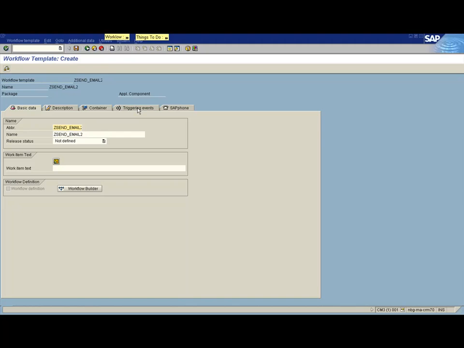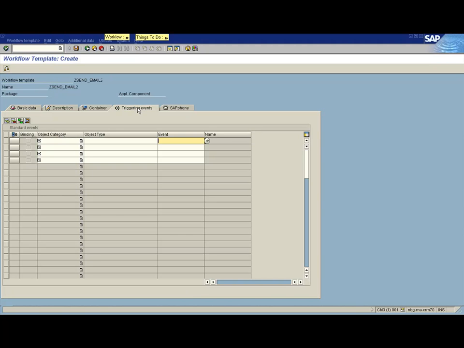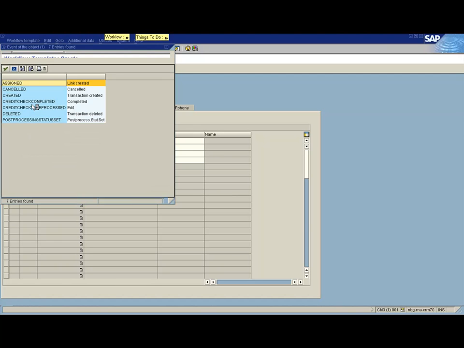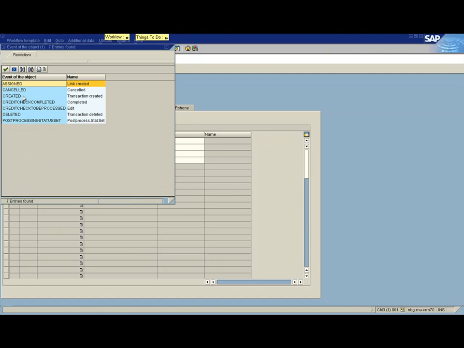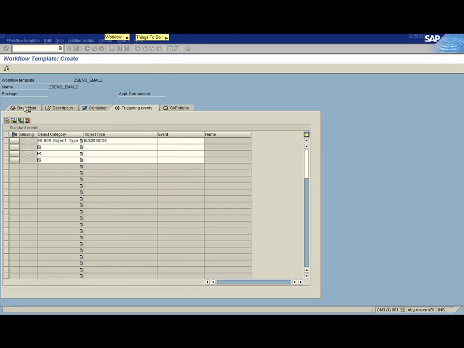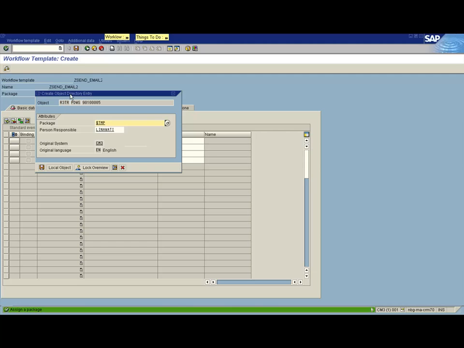So now go into the triggering events and use the object type business activity, and the event will be created because when you create a business activity and save it, the workflow will be triggered. Just create it and save the workflow template.